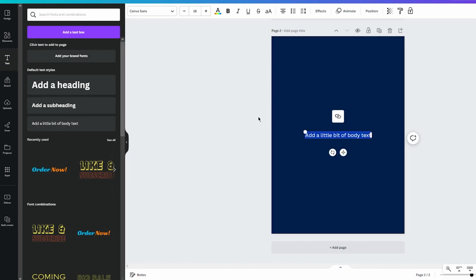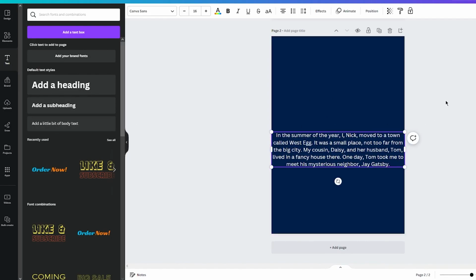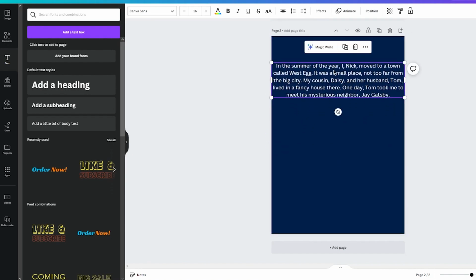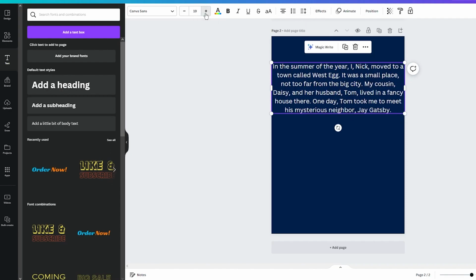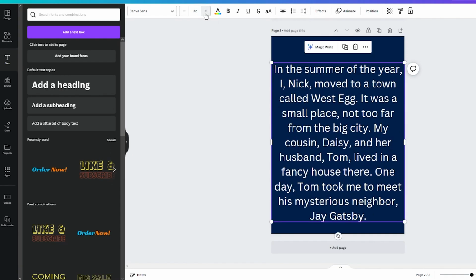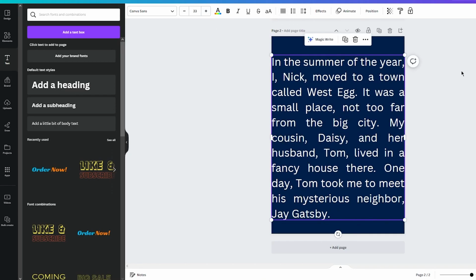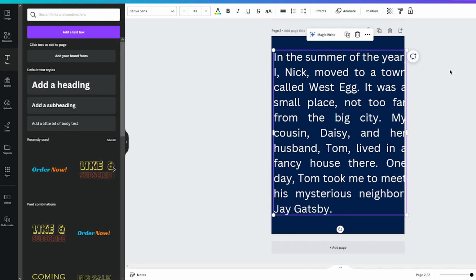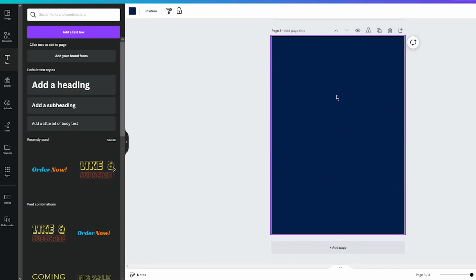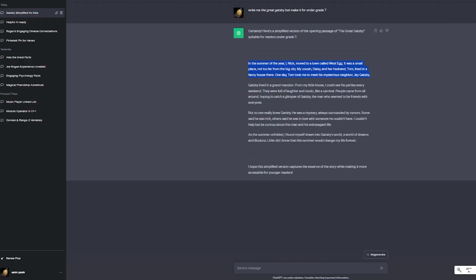So let's say I'm going to add a little body of text, paste this over here. Once you paste this, bring this to the top, and you can expand this box. To expand this box, you do need to increase the size of the font. Once you do that, make sure that your text is justified. Once it's justified, you can add specific types of effects into your font as well. You can add lines into these fonts